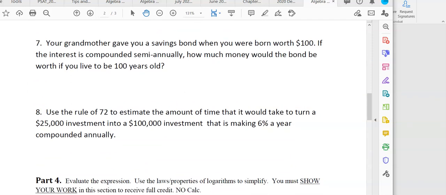So the amount after t years, when you were born, so 0 to 100. So the amount after 100 years, wow, that's pretty good, equals $100. So only $100 to start with. That's too bad. 1 plus the rate is